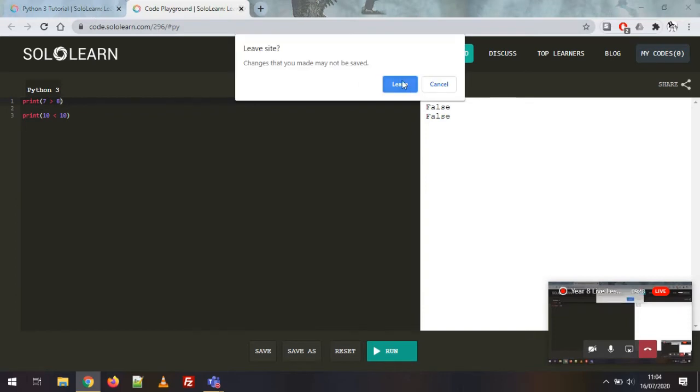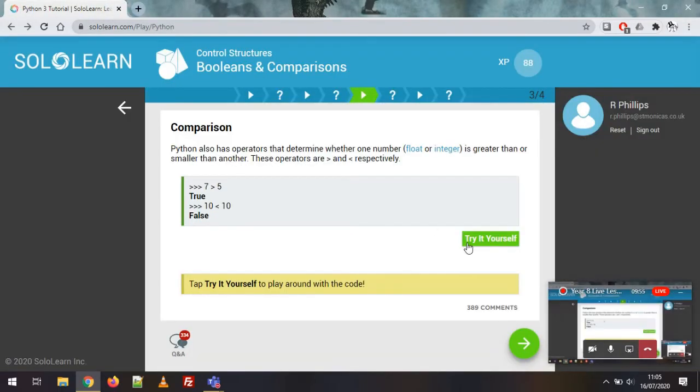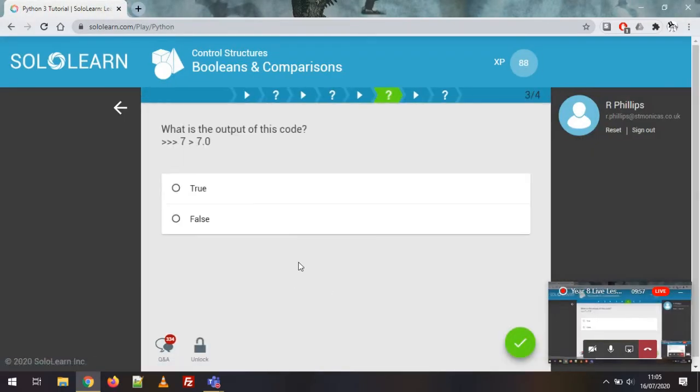And I'm presuming that there is some sort of code playground you can have a look at. I must admit I should have checked, but I haven't checked how well this works on your phone. But I'm guessing there is some sort of code playground you can have a look at. So we'll just move on now to